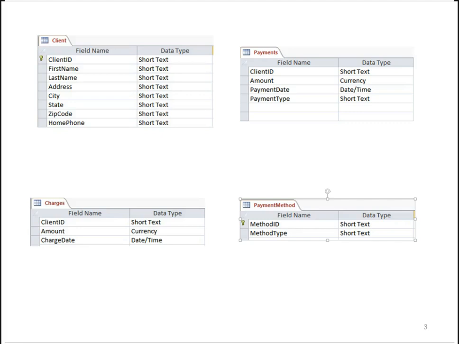We can relate the client table and the charges table by joining the client ID also. We can relate the payments table and the payment method table by joining the payment type and the method ID. To relate or join the tables, click on Database Tools, click on Relationships,